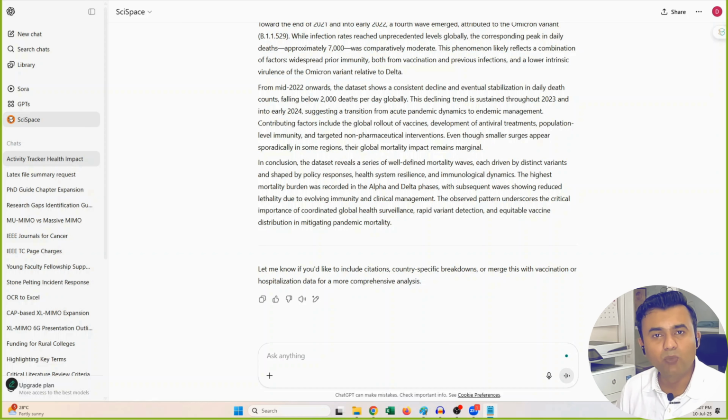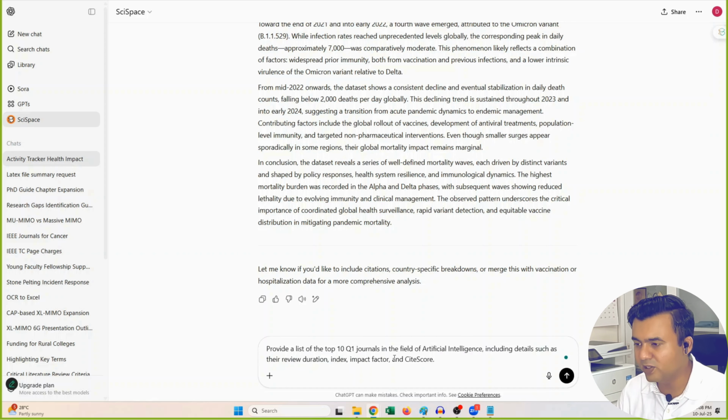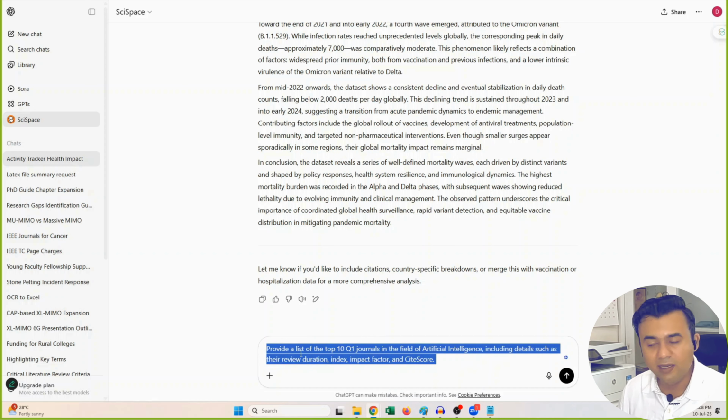In this section, we will take a look at how to use these AI tools to suggest journals, or you can use it as a journal finder. Such as, let's say I am looking for the top 10 journals in the field of artificial intelligence, and I want to read those articles. Or I have a particular article and I'm asking it to suggest some journals to publish. So let's say I have an article in the field of artificial intelligence and I'll ask it to provide the list of